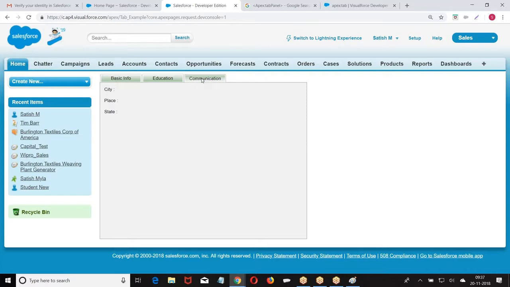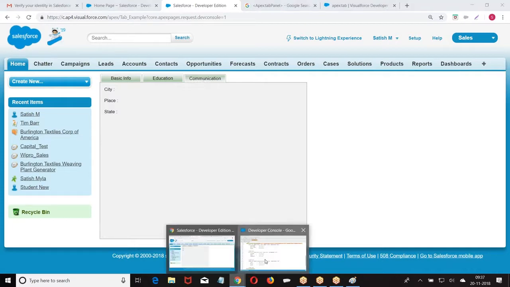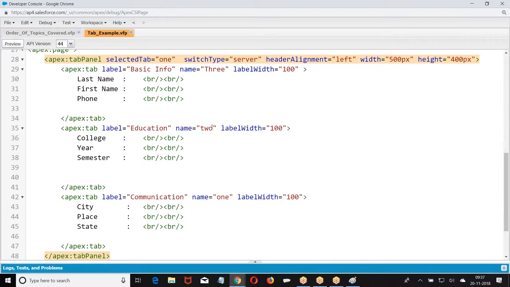Server request means it has to go to the Apex class, perform the operation, and reload the page. That is the reason the entire thing is reloading. When it's a client, handle this on the client side. Don't send it to the server. The page will be reloaded only when the request goes to the server.